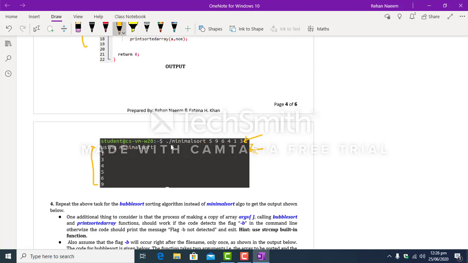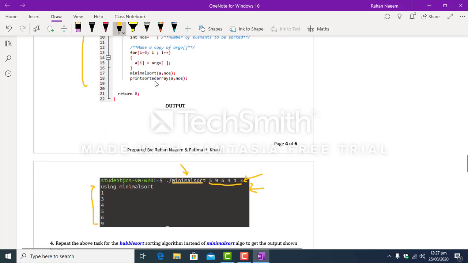So you will enter your input over here, and as Dr. Irfan explained in lecture number 3, this is basically the name of the file, and these are the inputs entered by the user. So the integers are entered over here, and after running the code which you have to complete, you should get all the integers sorted in ascending order vertically.